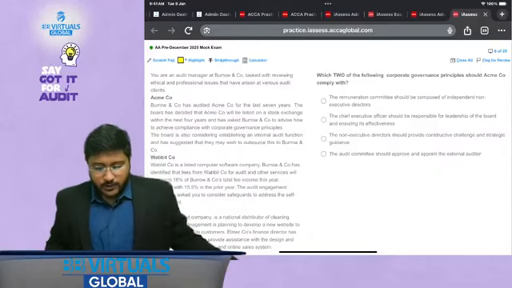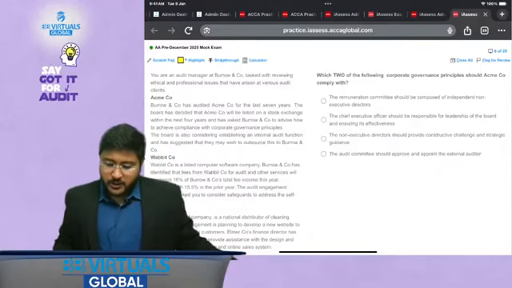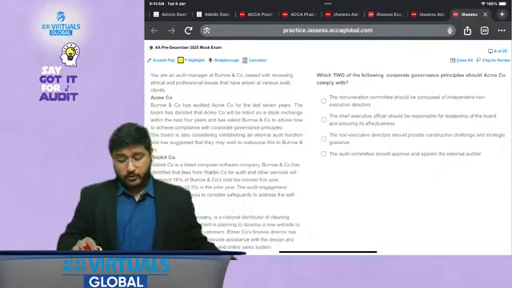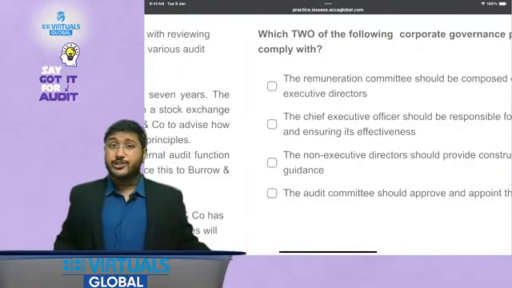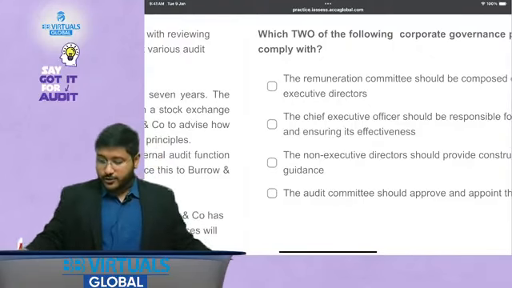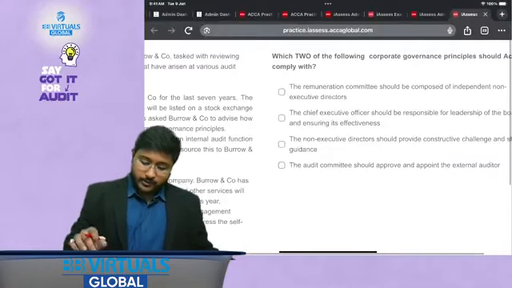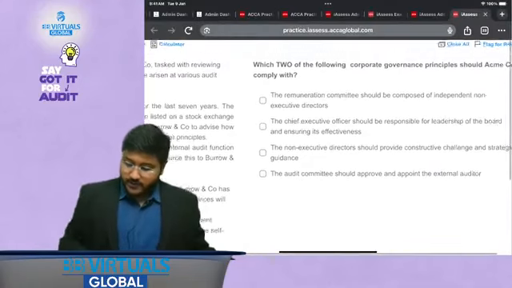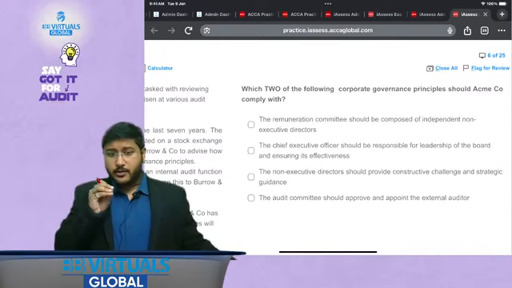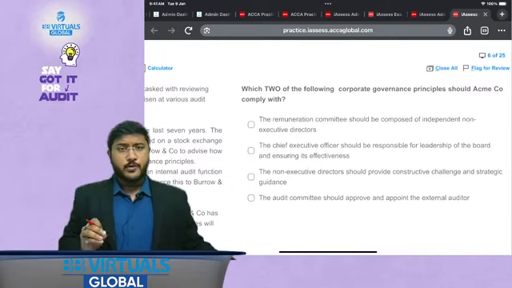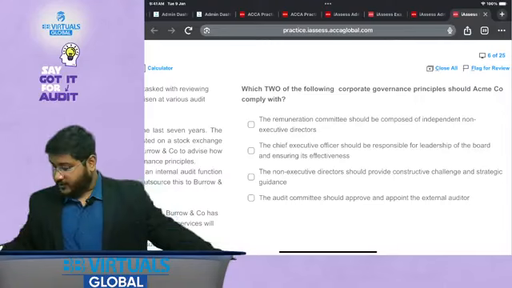Then, the chief executive officer should be responsible for leadership of the board and ensuring its effectiveness. No, this option is not correct, because this talks about the chief executive officer, not the chairman. The chair should be responsible. That is why the second option does not seem like the correct option. In the exam, do you need to solve with this speed only? Yes, you should solve with this speed only,